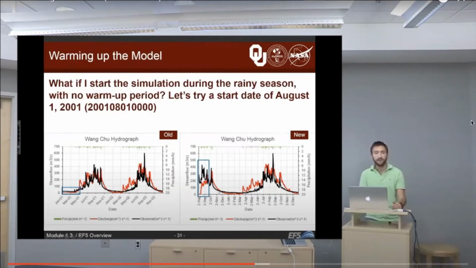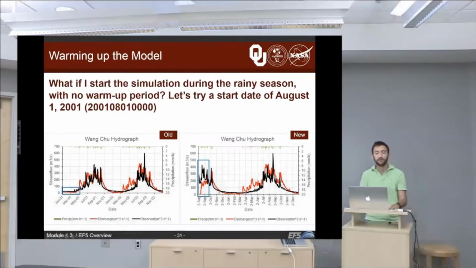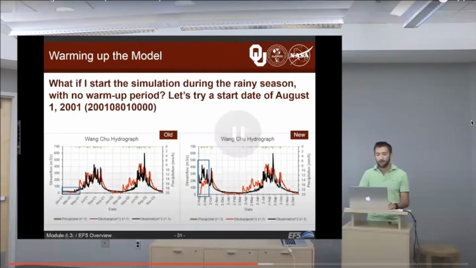during the rainy season. So again, if you want, you can go into the control file and change the start date to August 1st, 2001. When I did that and went through and ran the model, I got the result at the lower right. And so you can see in the big blue box